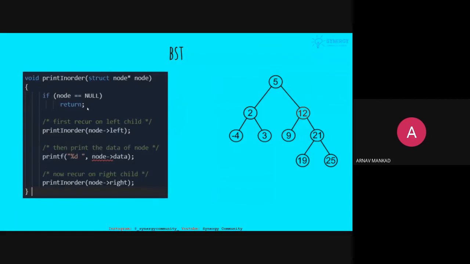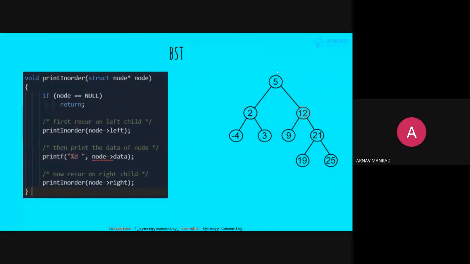Now let's talk about the traversals for binary search tree. Now I told you that we can use binary search trees to store elements in sorted order. We saw how we store them in sorted order, but now let's say I want all of the elements in the sorted order. How do I retrieve them? We can simply use the in order traversal. Okay, so what is in order traversal? In order traversal says basically go to the left subtree first, then print the node itself, and then traverse the right subtree.